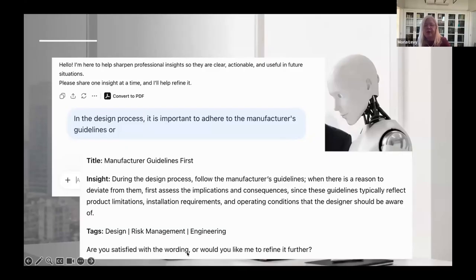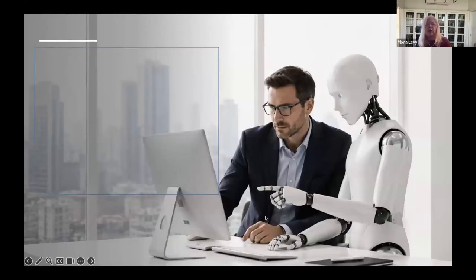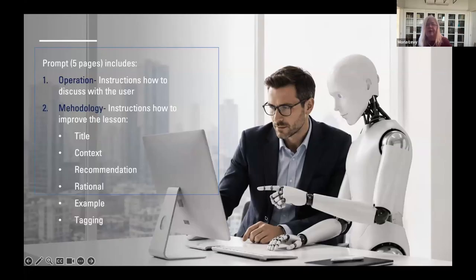Asking again and again, are we satisfied with the wording or do we want to refine it further? And then we go from one to the other and check and improve the lessons that the users have been working on. So this was a short example. The prompt itself is 5 pages, so I didn't translate all of it, but it includes, and here is what I wanted to show you, the operations, the instructions, how to discuss with the user, how to